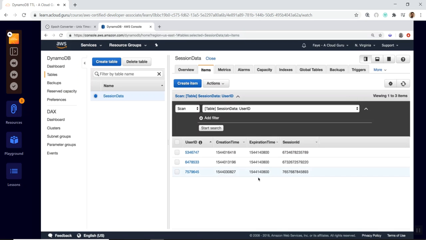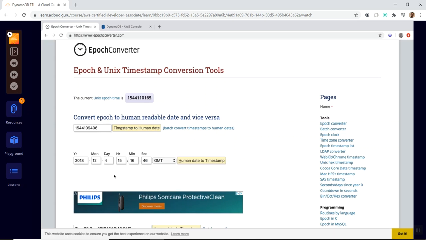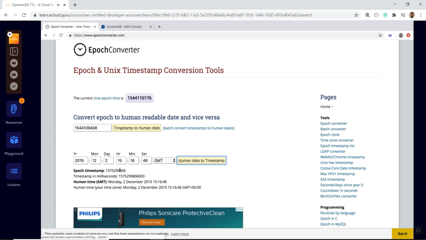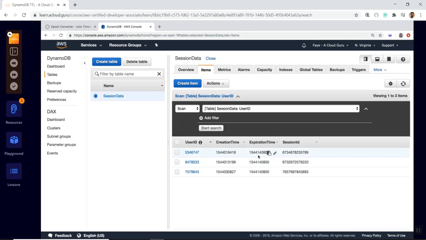watching this lecture. So if you want to do that, once again, just go back to the epoch converter and you can create an epoch timestamp using whatever date you want to. So let's say February the 2nd, 2019. You can just configure the date that you want and then grab the epoch timestamp, and you can set it to whatever hour, minute and second you want as well, and set whatever the local time is for wherever you are located. So feel free to go in and update that expiration time if you want to follow along on this lecture. So once you're happy with all of that, we can actually go ahead and start playing around with